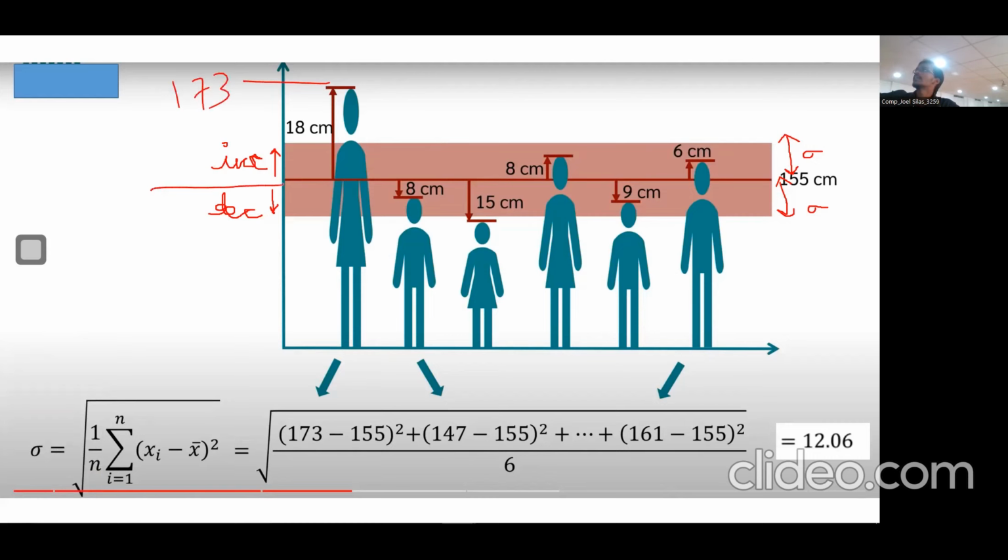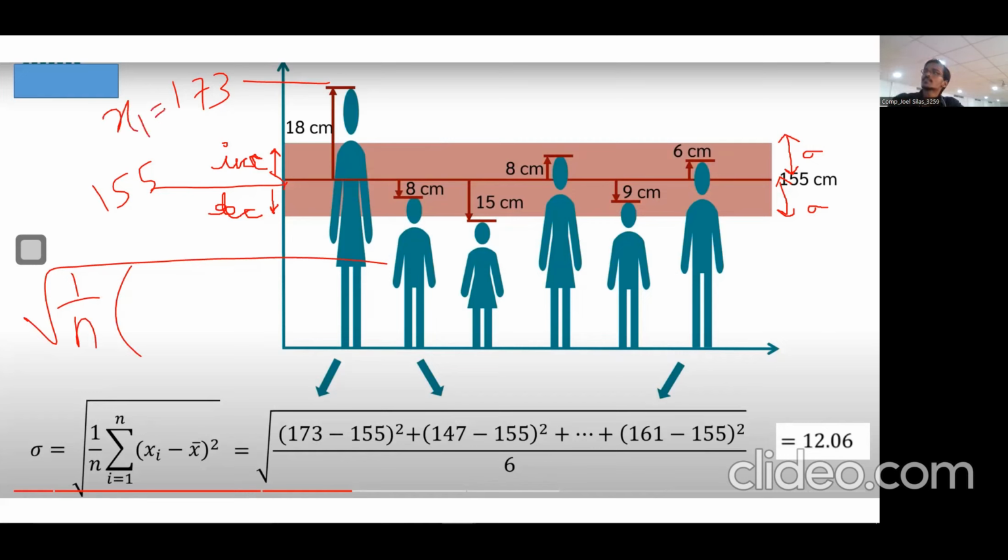And this particular height till here is 155. Hence, the first observation that we need to take is square root of 1 upon n, and then xi will be x1, suppose 173 minus the mean, that is 155, and the square of that,